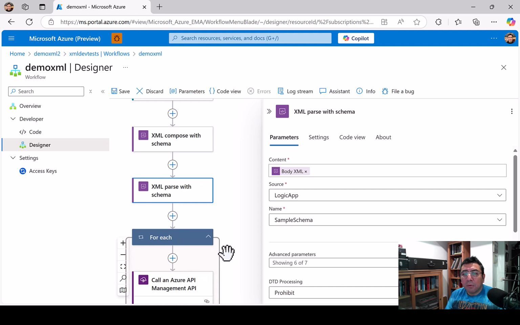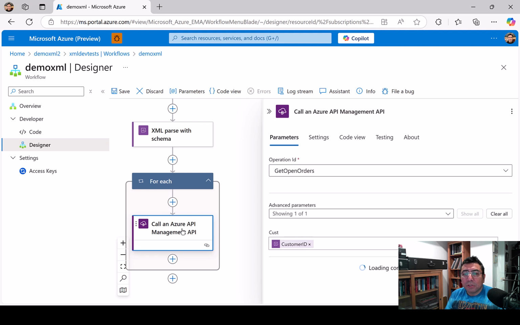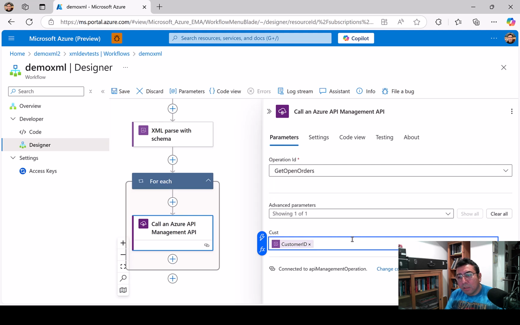And one more thing that I added to this workflow was just a call to an Azure API Management API, right? So just to show how you can use the token picker to read any of the values of the outcome of the XML parse with a schema action, which in this case is a JSON value, right? I am sending a customer ID that is coming from this XML parse with a schema, and then I'm sending it to this API that is